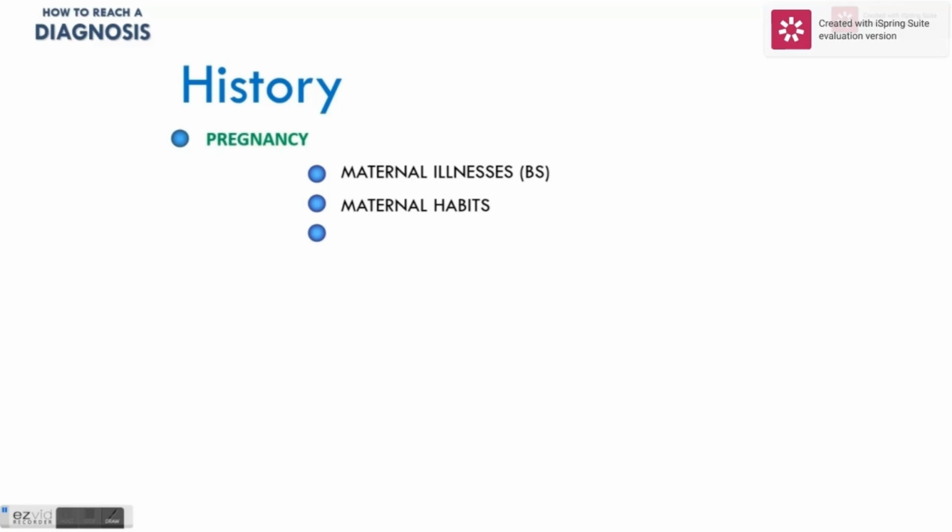In your history, just collect information about these issues like maternal illnesses, diabetic mother, for example, habits like smoker or drug addicts, exposure of the mother to medication, radiation, infection. And by the way, radiation usually doesn't cause congenital malformations. For example, dental x-ray doesn't make any difference. Even just X-ray doesn't cause congenital anomalies. Even CT scan pelvis doesn't cause congenital anomalies. It may lead to miscarriages or abortions, and it may increase the risk of malignancies, but usually doesn't